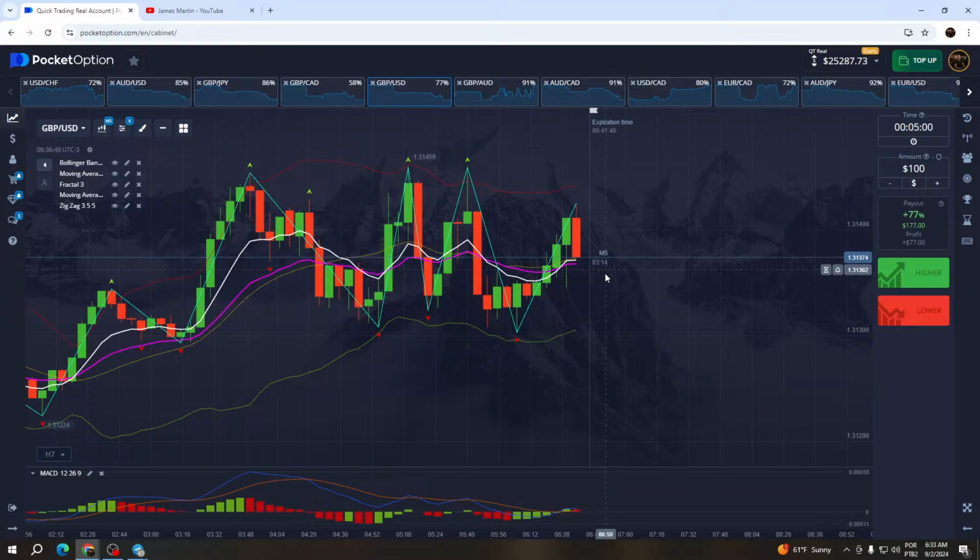For example, you just need to wait for the next candle to form a fractal right here, a green one, to know that we will go down. So we have to know the Bollinger Bands, I just showed how to use that: the resistance line, middle line, support line.